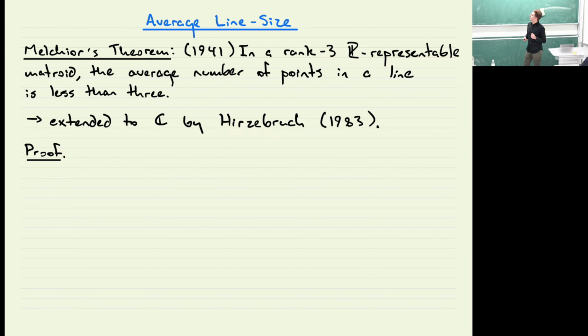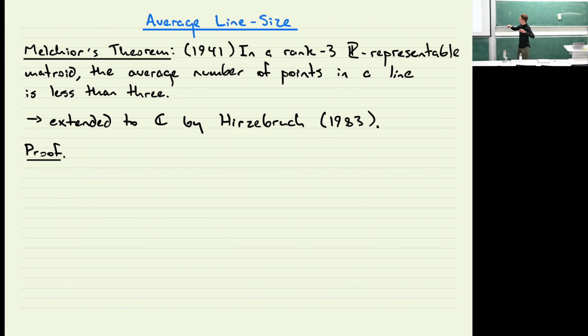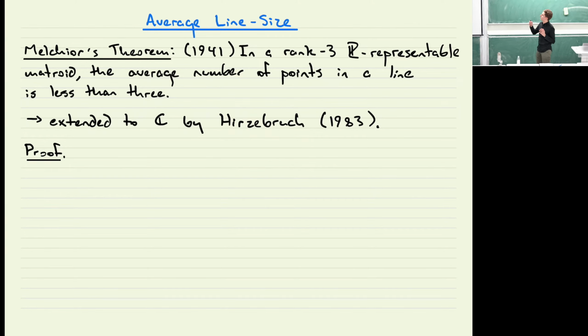Right, so the first step with Melchior's theorem here is, remember you're considering a finite set of points in the plane, not all sitting in a line, but because that's a finite set, you can assume that you're in the projective plane. And the reason for doing this is so that you can dualize. So projective planes have a property called duality, which basically says that because of the symmetry in the incidence relation between points and lines, you can flip that incidence relation, and in so doing,